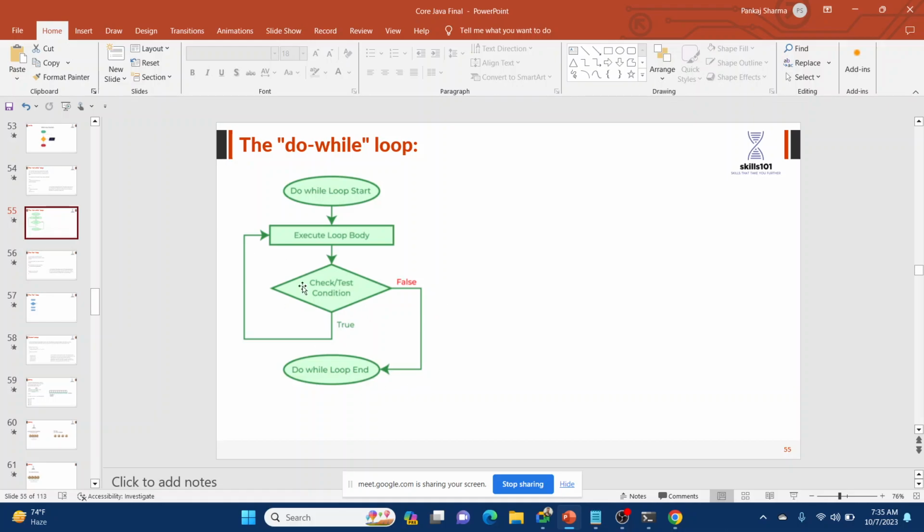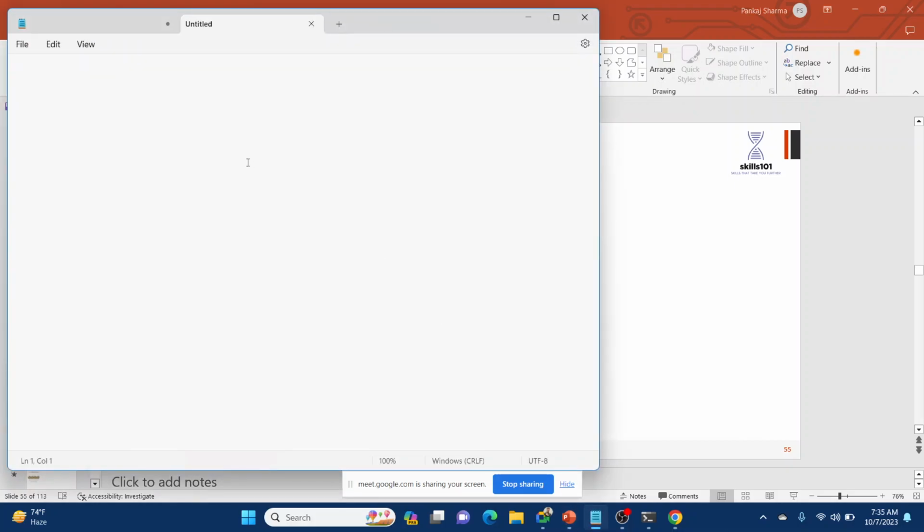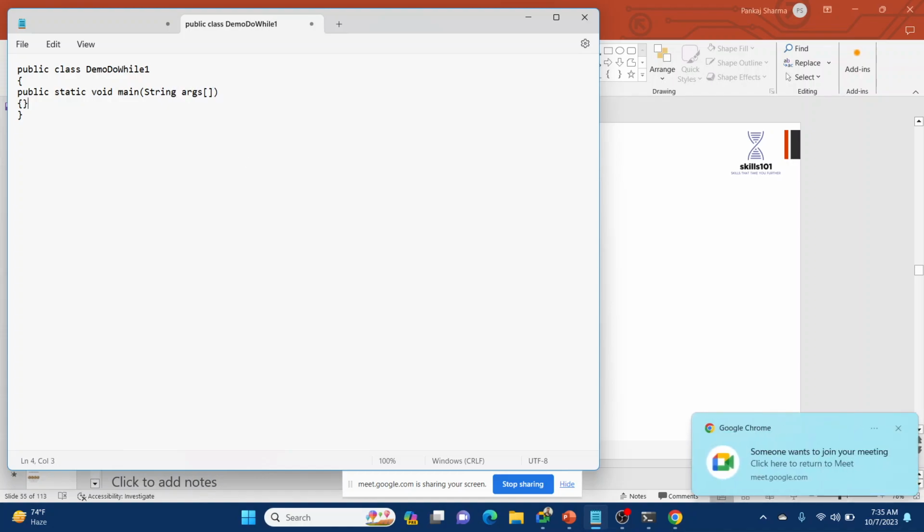So the same program that we did, we will do with the do while. So public class DemoDoWhile1, public static void main(String args). So again int I is equal to 1.